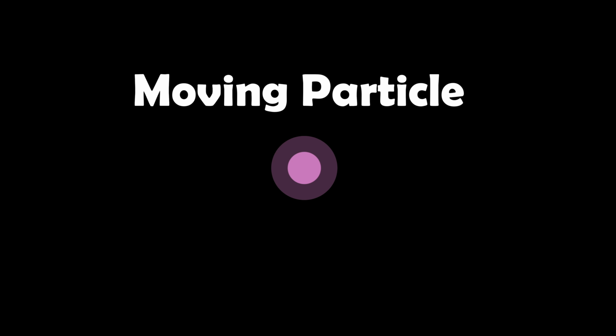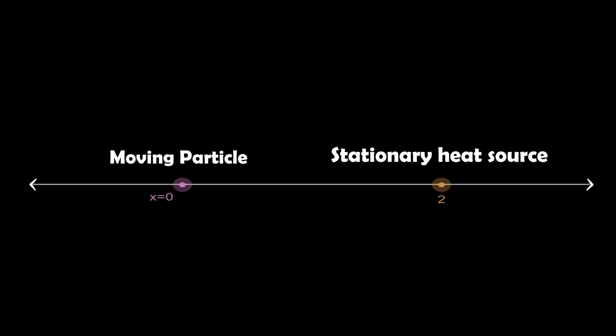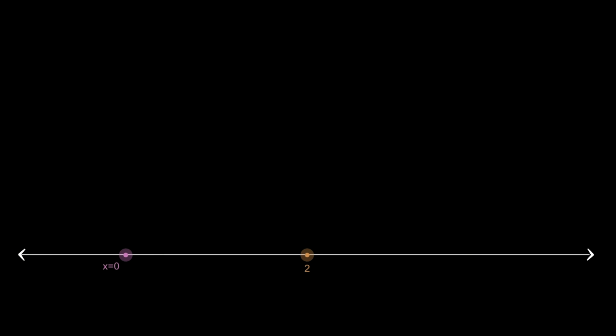Suppose you want to measure the temperature of this moving particle, where it is affected by its distance between this stationary heat source. In the initial setup, the distance between them is 2. Let us now add the y-axis which tracks the temperature of this particle, as this particle moves towards the heat